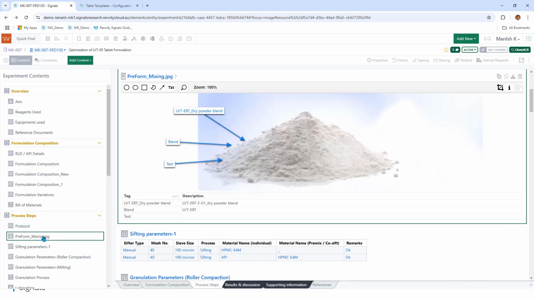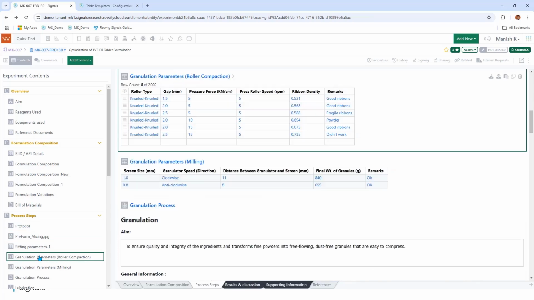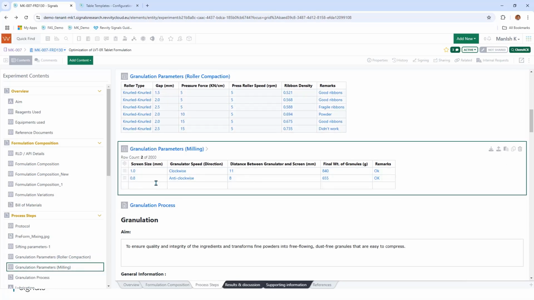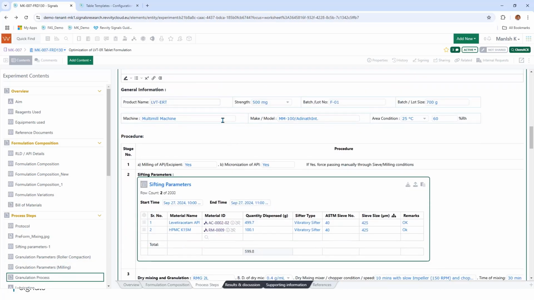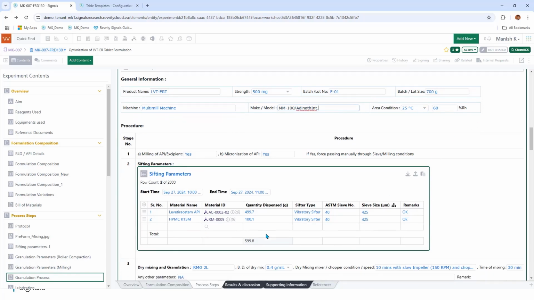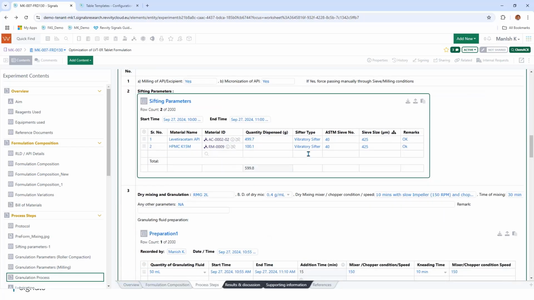can use. So for example, if it is granulation parameters, tables can be configured where you can have the top-down list of the respective parameters and values. The user can easily update these process parameters, or even worksheet templates like this can be created where you can select a machine, make, and model type, its parameters, sifting parameters, where again the materials that are dispensed